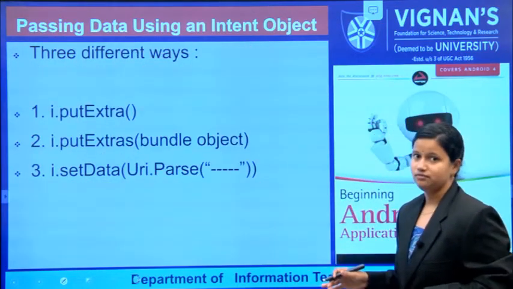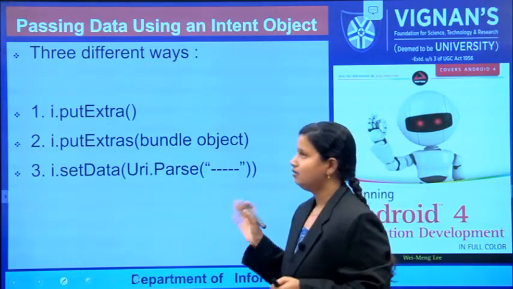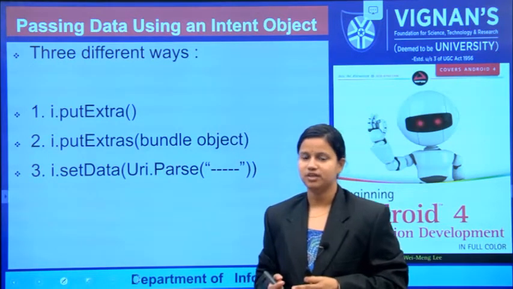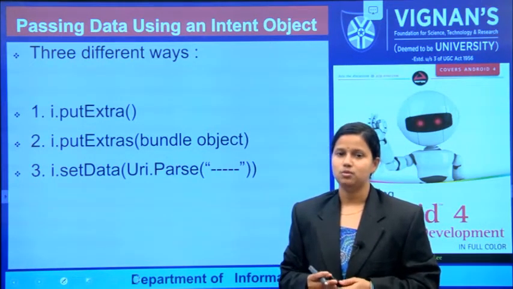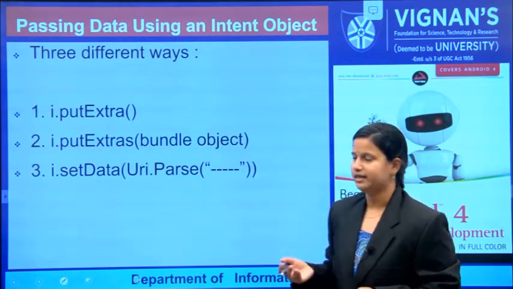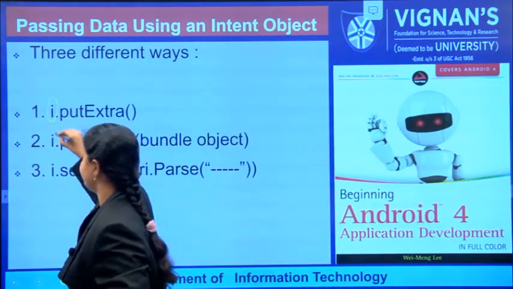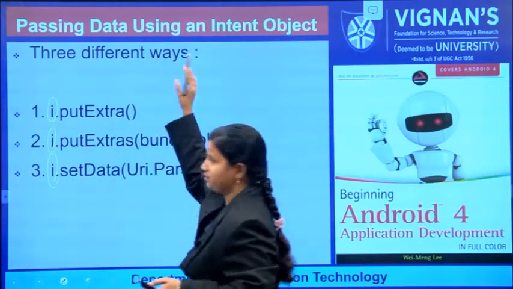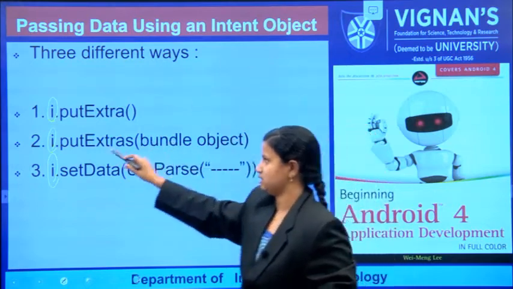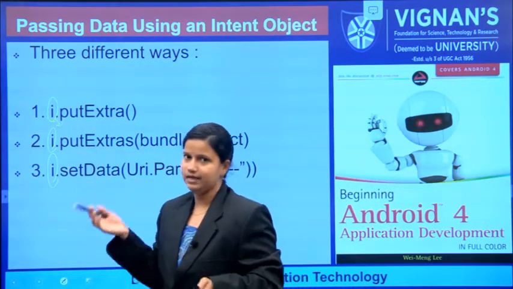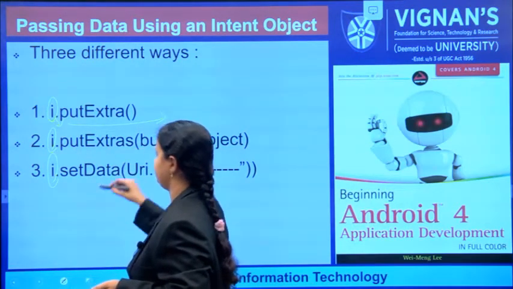In this session we are only learning how we have to pass the data between intent objects. How do we pass the data with the intent object? What are the different methods? All of them are called on the intent object. Why? Because the concept name indicates that we pass the information by using an intent object. The intent object here I am considering as i. So there are three different methods to pass the information.